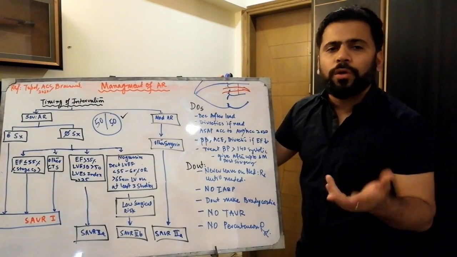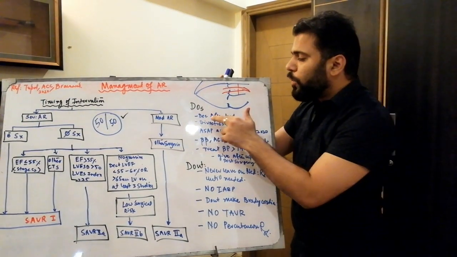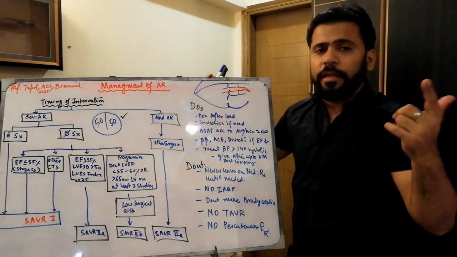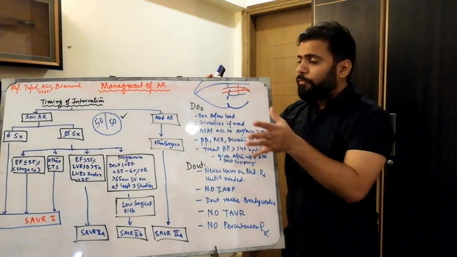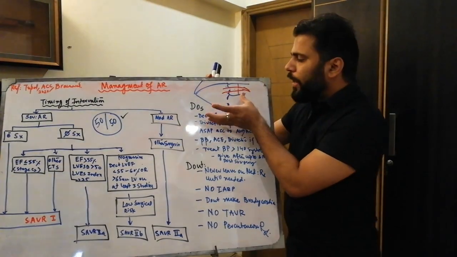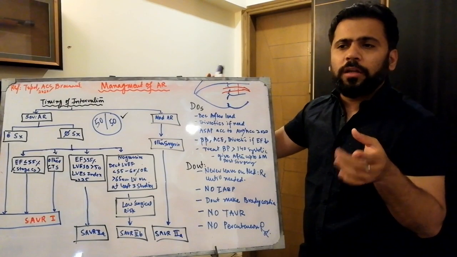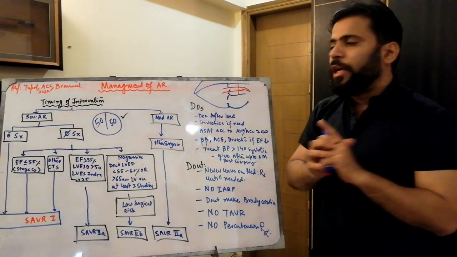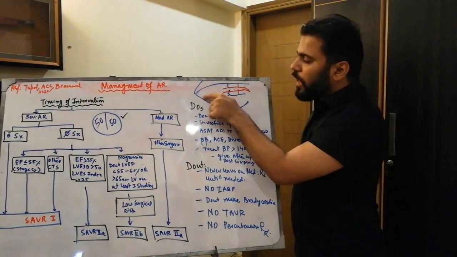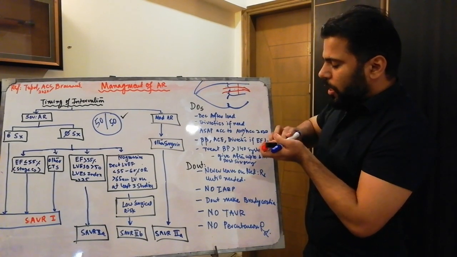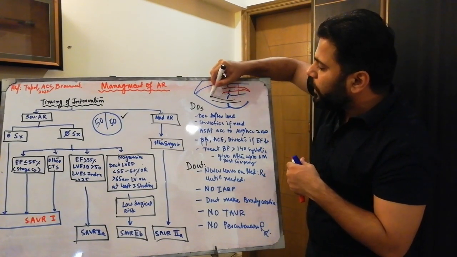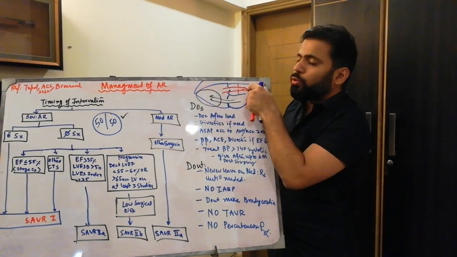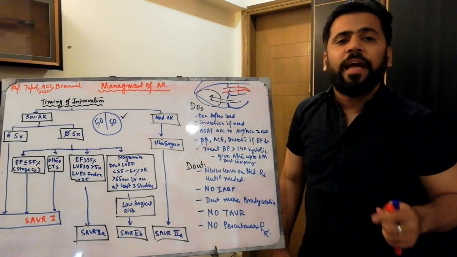But in AR, we are not going to control the rate with the beta blocker, as we were doing the afterload reduction with ACE or ARB. So the first drug to start in AR is ACE, not the beta blocker. Why? Because when you are controlling the rate, it means that you are prolonging the diastole. If you prolong the diastole, then the filling of the heart with blood from the LA to the LV will increase. So the more blood in the LV, the more blood it will send to the aorta, and obviously the more blood will come back to the LV.